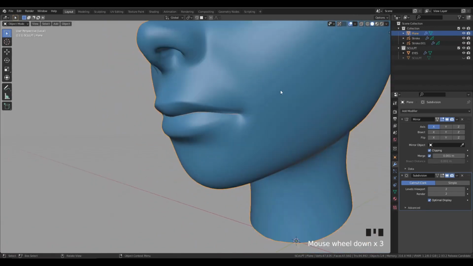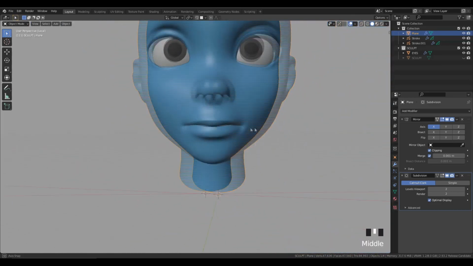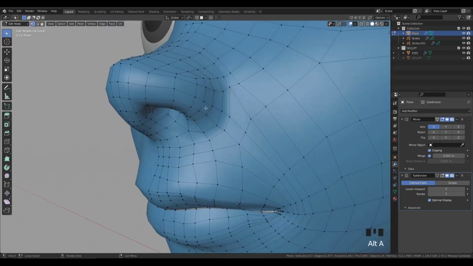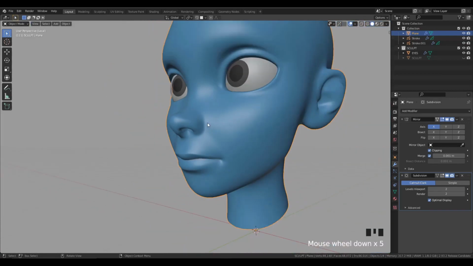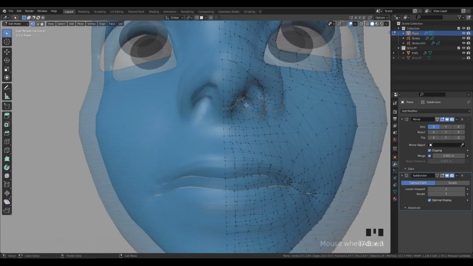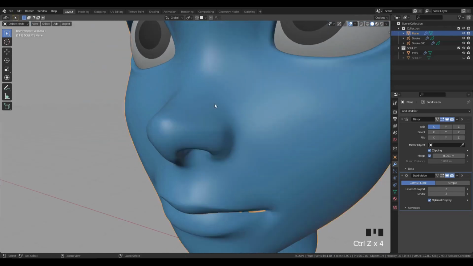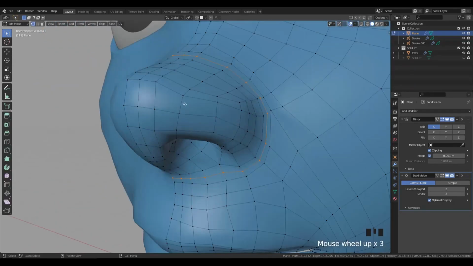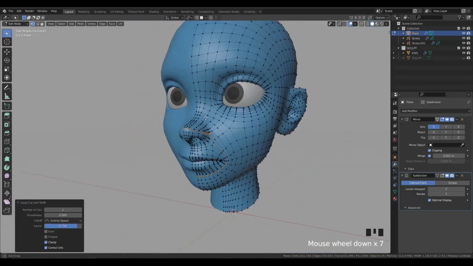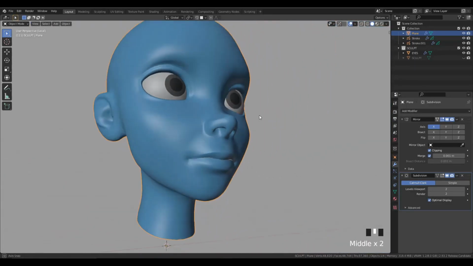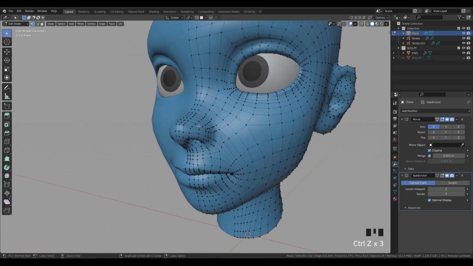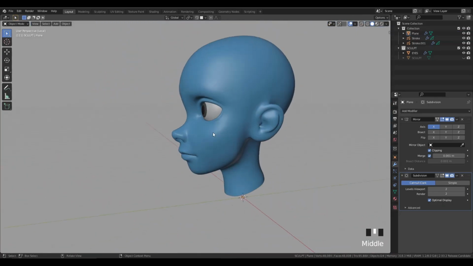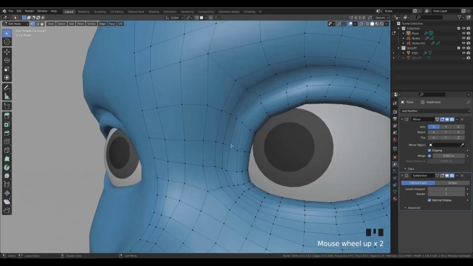You can see here I'm adding a loop, and this works pretty well for the mouth. Here I can add some loops for the nose, even for the outer nose here. This creates a nice crease. Here you can add some loops if you want to define the loft line and the top of the nose even better. So yes, basically we have tons of things to play with,